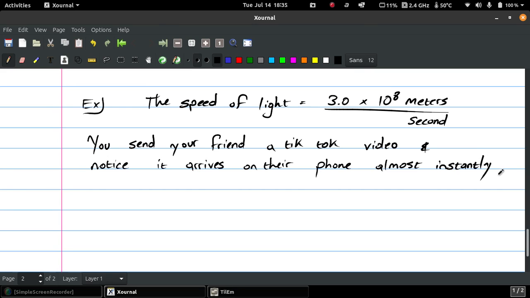Alright, so we're going to ignore a few things. We're going to ignore atmospheric conditions. We're going to ignore a whole lot of stuff, like distance between relay towers, or not relay, your cell towers. Same thing. We're just going to focus on the distance of a geosynchronous orbit for most telecommunications satellites, just the height, and the speed of light to approximate this. It's going to be a little off, but it'll be pretty close. So, anyways,